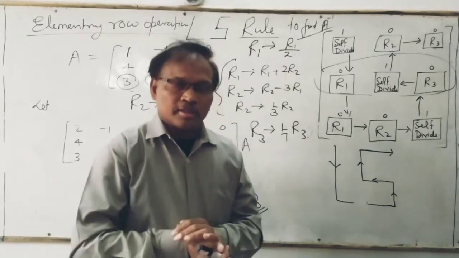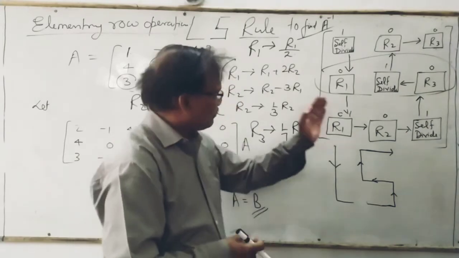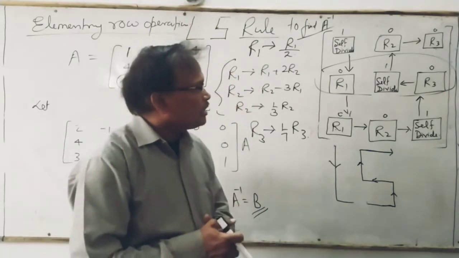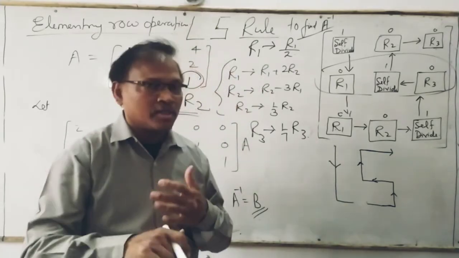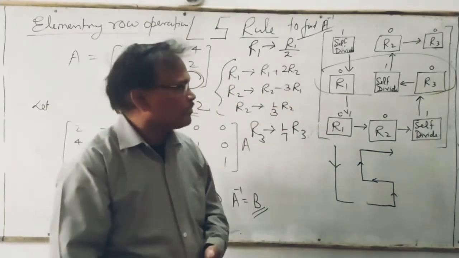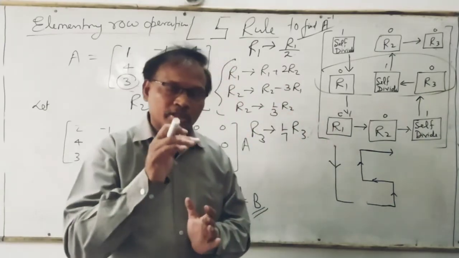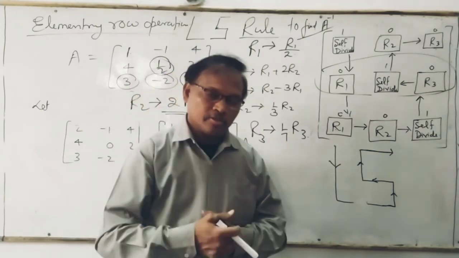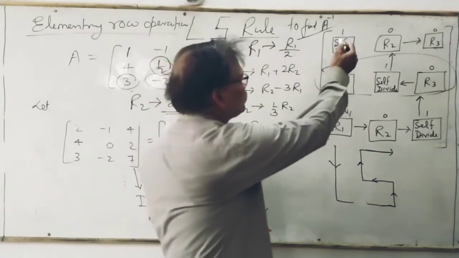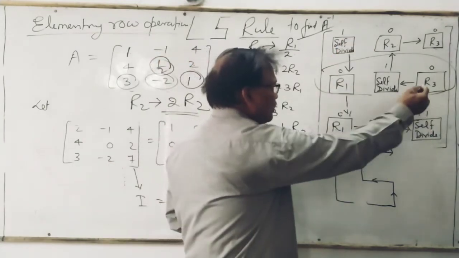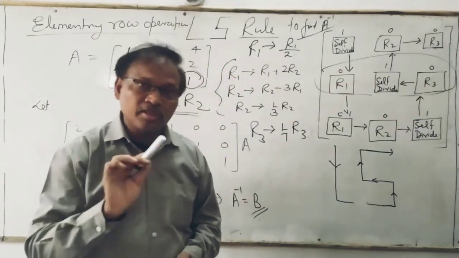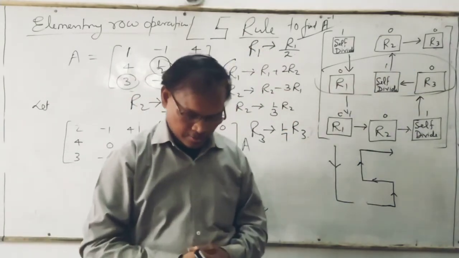Why do we use these steps? मतलब इस तरह से क्यों use करते हैं? Why do we use the L5 rule in this way? If you change according to anyone, means according to you, मतलब कि कोई भी step कैसे भी ले ले, then you will not get the exact answer. You will get the exact answer when you change this matrix into the unit matrix. Then you will get the exact answer.